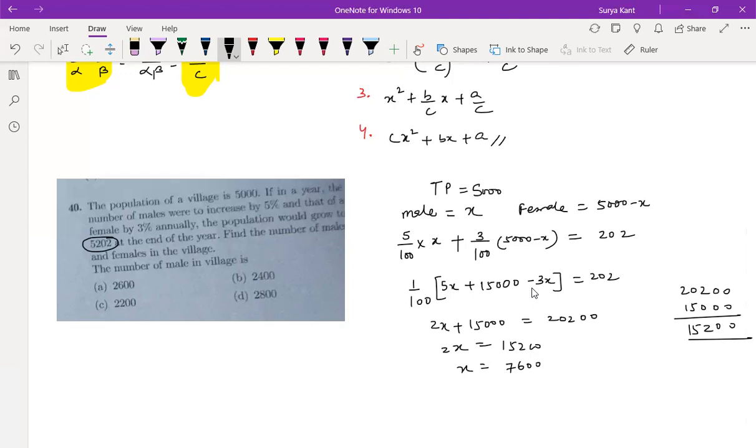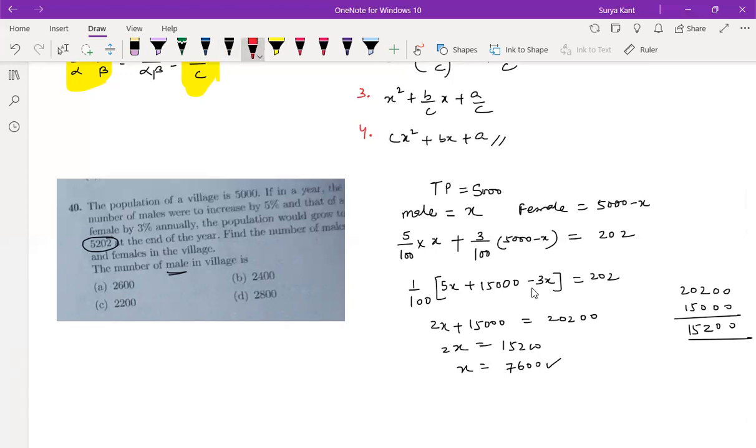But they're asking what? Find the number of males and females in the village. The number of males in the village they're asking. So male is how much? Is coming something else, no? Sir, it's better to use X and Y. Sir, I mean, we can get a quadratic equation from here also, no? Why here also? This will be solved in the process of a pair of linear equations in two variables. I'm just getting the one variable, we can't do. It will just get complicated.